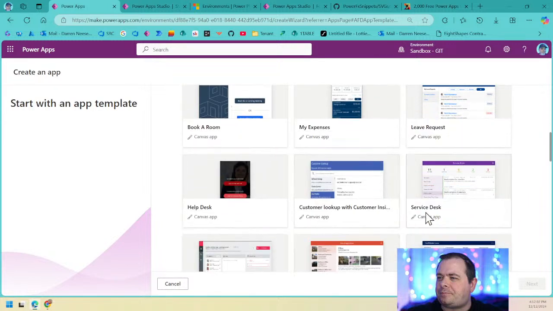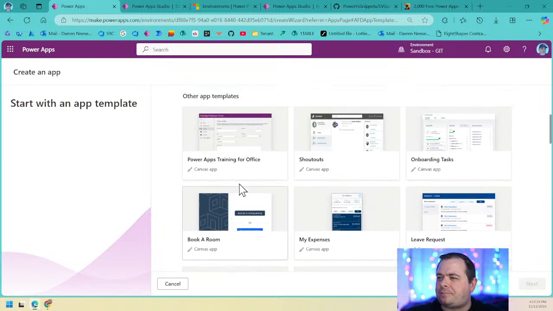A lot of these templates were created years ago, and the language has evolved over time. And usually when you open one of these things up, there's tons of errors. So the one that we were working with, I believe it was this onboarding task. I really like that app,